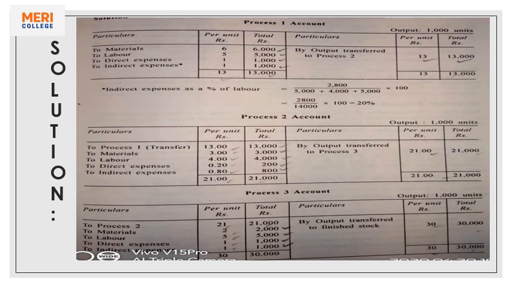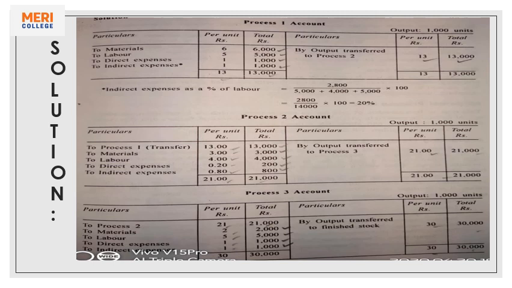we have material, we have labor, we have direct expenses. So we have written material, labor, direct expenses given in the question in all the 3 processes. 6,000, 5,000, 1,000 is given to us. Similarly, in this process 2, we have 2,000, 4,200 is given to us. And lastly, in process 3, we have been given material, labor and direct expenses.